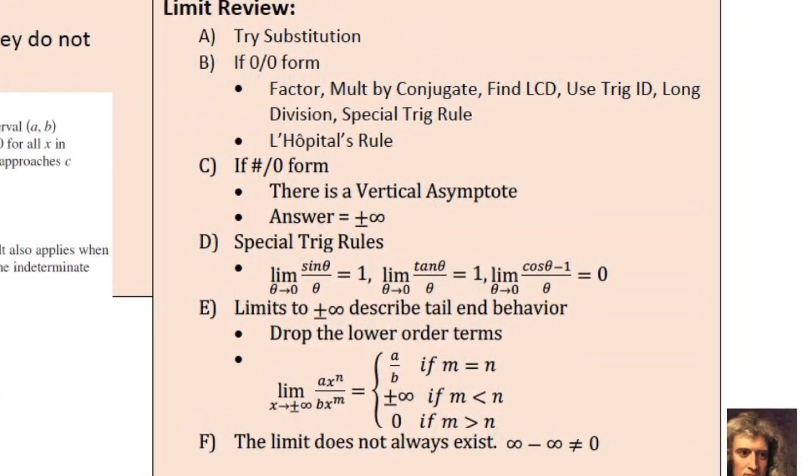So as a limit review, you should always try substitution first. If you have a 0 over 0 form, you have many different ways you could figure out your limit, but now we can add L'Hôpital's rule. If you have a number over 0 form, there's a vertical asymptote, no L'Hôpital's rule. You have some special trig rules. Now look at your special trig rules. If you apply L'Hôpital's rule, look at this. Don't you get